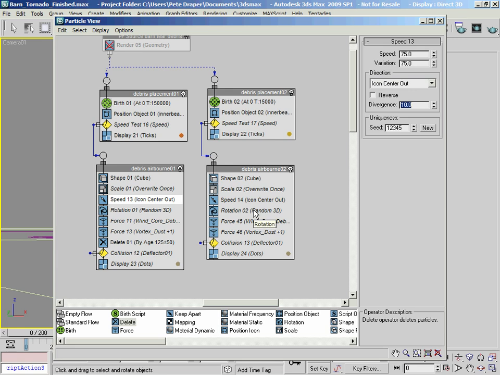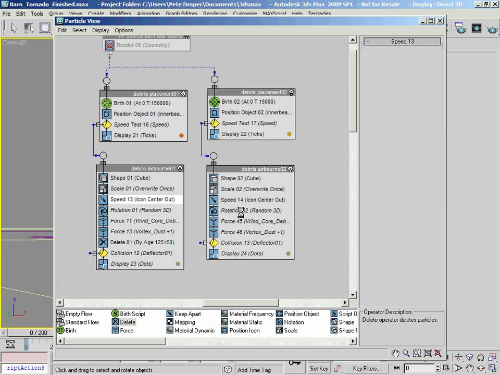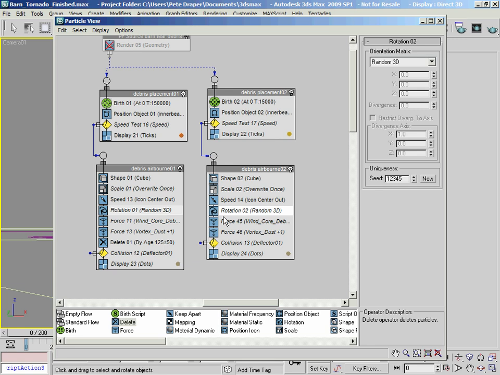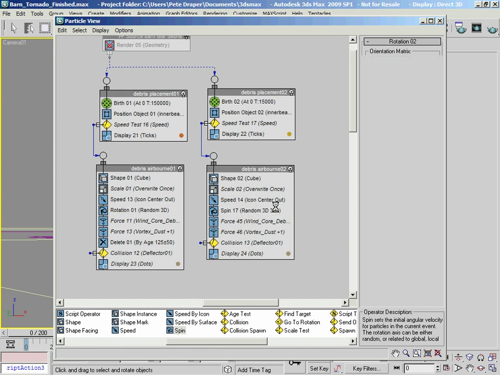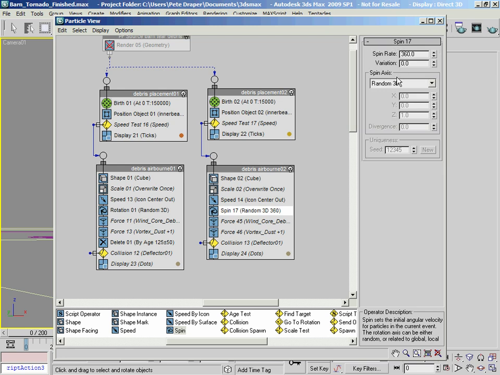Alright, we've got a random 3D rotation in here. However, we might actually see these particles starting out rotated. With these ones you won't really see, it'll be just a lot of particulate matter, but this one I think will actually bin the rotation and replace it with a spin. So I'm just going to drop that in there, and I'm going to set the spin to, let's say, a value of 250 with a variation of about 100.